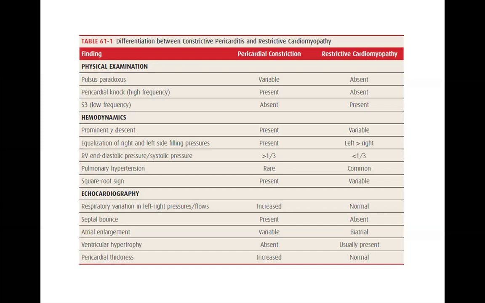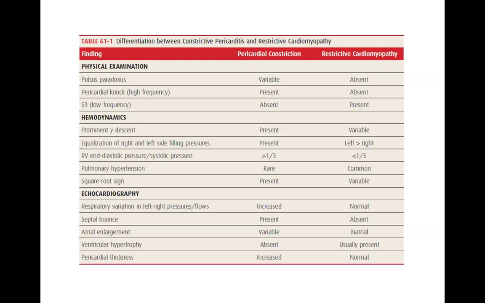Septal bounce, as I said, is present with pericardial constriction. Look here, atrial enlargement is variable, but usually in pericardial constriction you don't see enlarged atria. However, in restrictive cardiomyopathy, you see biatrial enlargement. Ventricular hypertrophy, you don't see with pericardial constriction, but it is usually present with restrictive cardiomyopathy because it